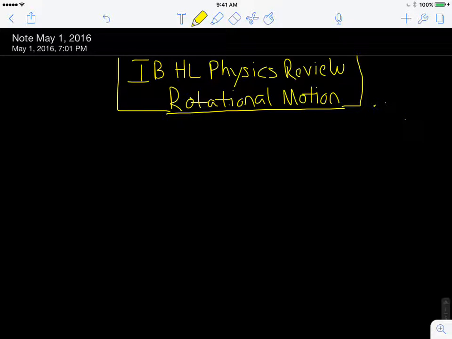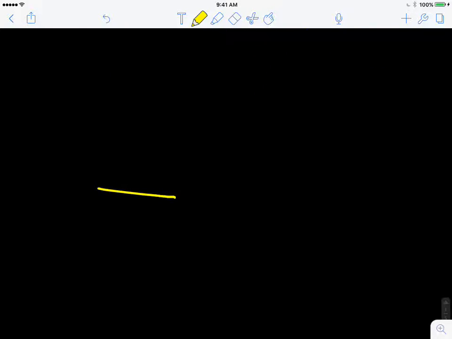Okay, so welcome. Today we're going to be talking about rotational motion. But before we get into rotational motion, what I'd like to do is just do a little bit of review of circular motion. So let's consider our